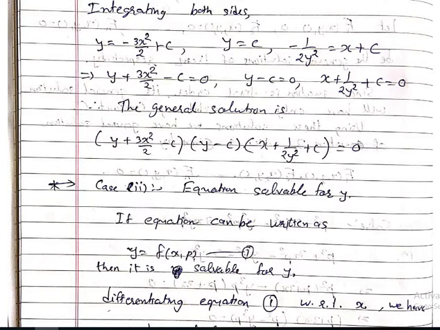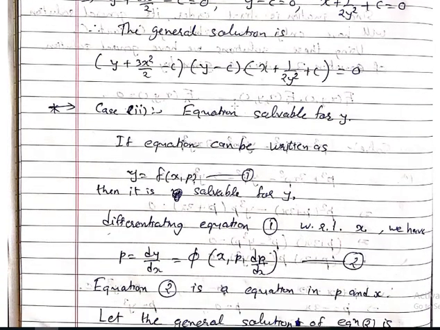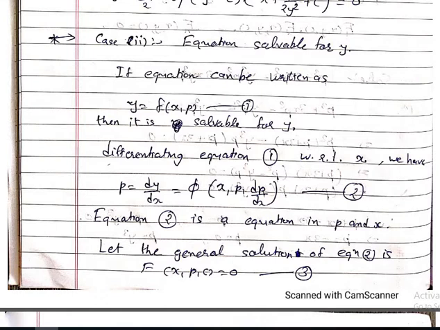Now see, this is the first case. Now in the second case, the equation is solvable for y. Suppose you are given an equation of the form y is equal to a function of x and p. That means you have y as the subject. Then in that case, we are going to start by differentiating the equation with respect